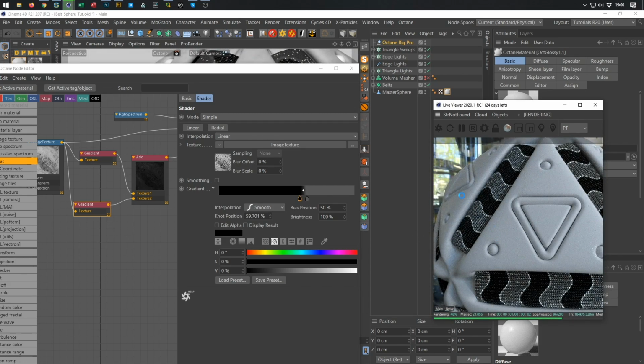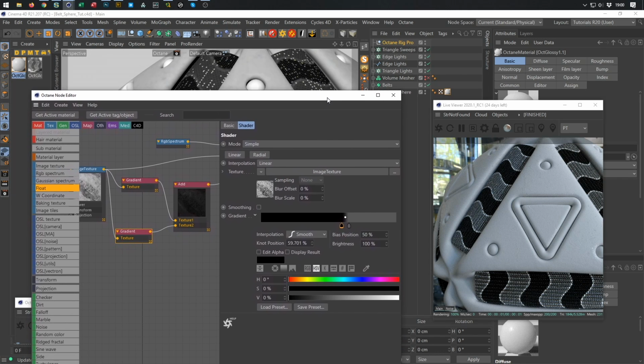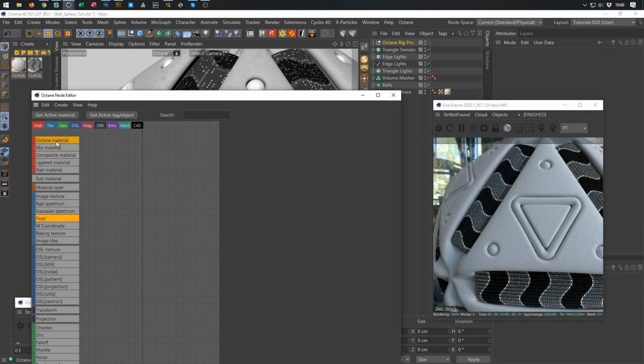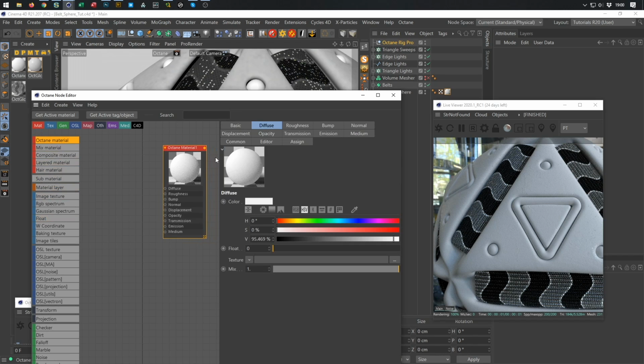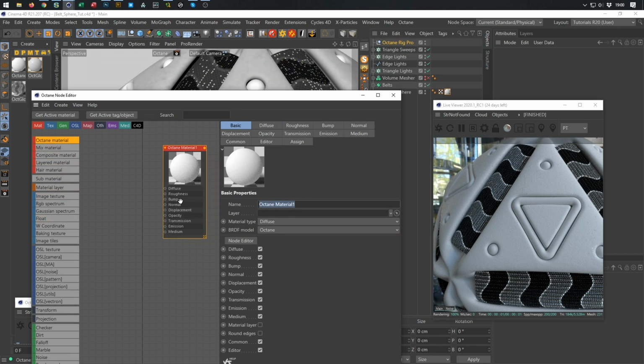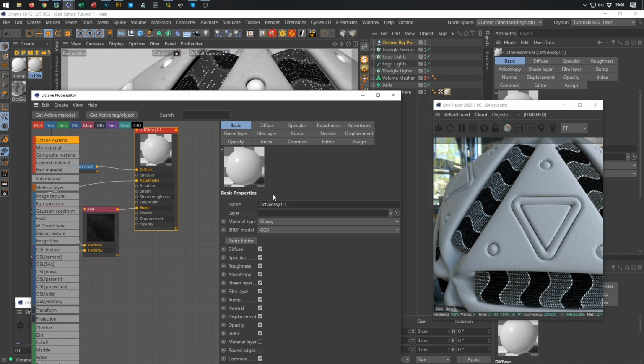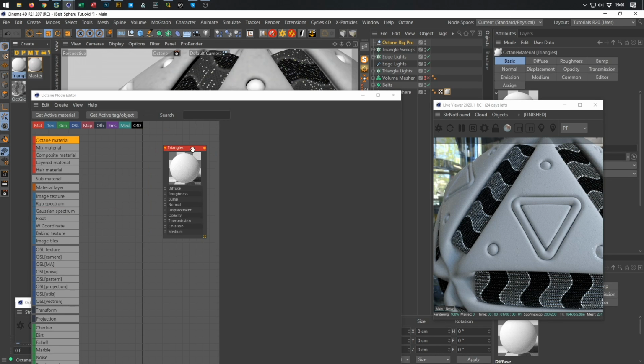Good. Now for the triangles here. I want a glass material. So let's make a glass material. Go to here, Octane material. These are the triangles. This is the master sphere. Master sphere. Save. And as I said, make a triangle. Here we go to